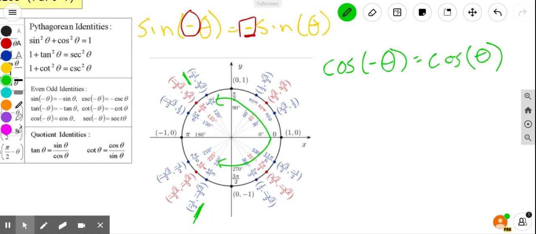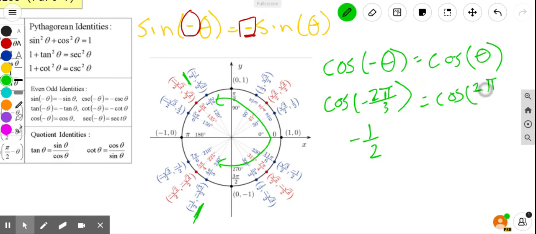So according to this specific example, cosine of negative 2 pi over 3 is the same as having a negative half. And this is saying that's going to be the same as if you just took cosine of 2 pi over 3, and that'll give you a negative 1/2, which is true. And again, this has to do with the symmetry built into the unit circle. So in this instance, when we rotate and we look at the x values, aka the cosine values,